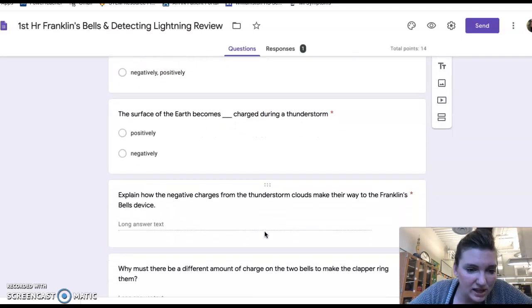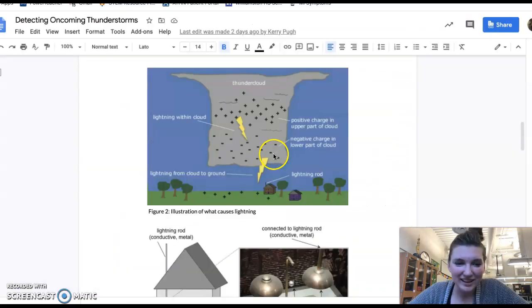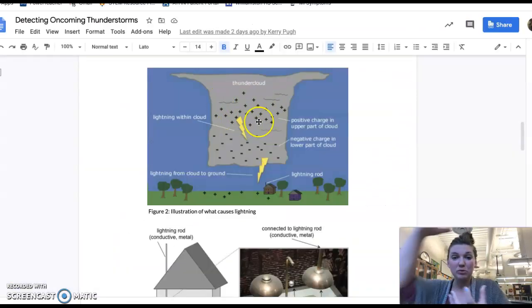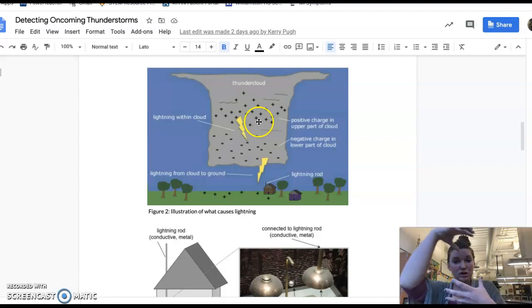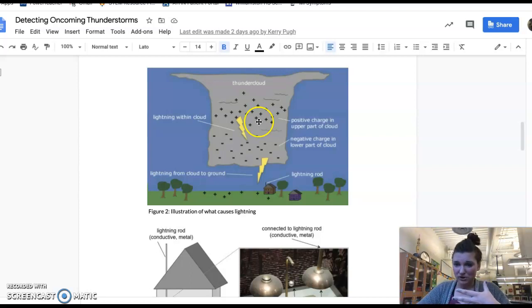Okay, I've got like 10 seconds left. How am I going to do this? 8 seconds. Positively charged upper part of the cloud, negatively charged under part of the cloud, which brings the positive charges in the Earth